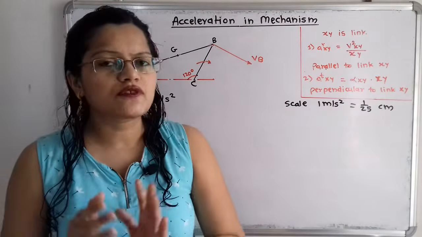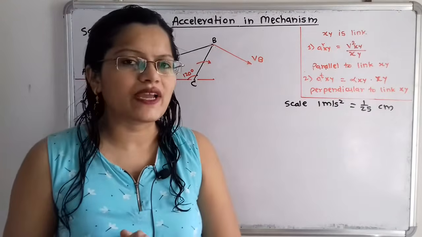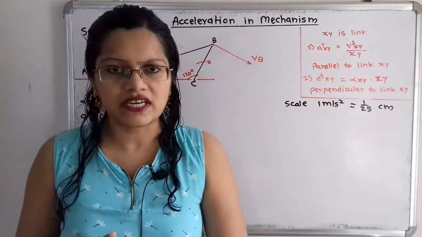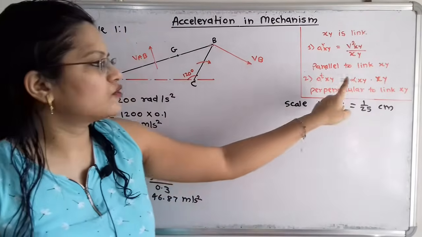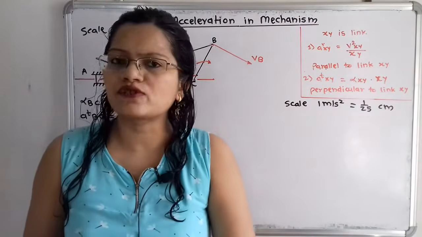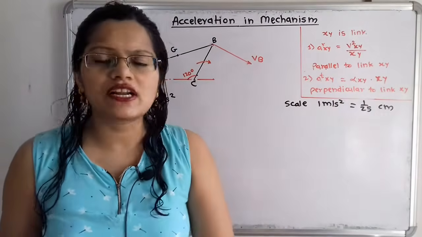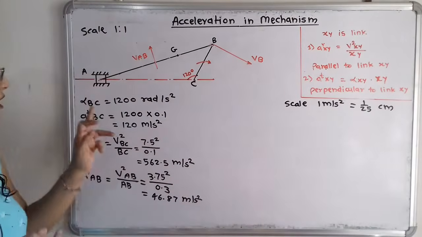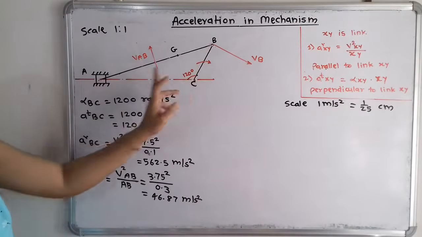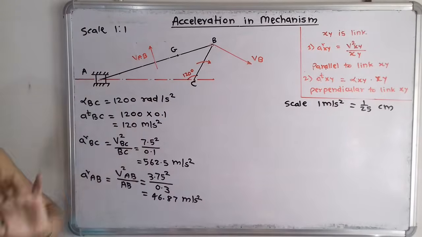Now we have linear velocities that we have calculated from the velocity diagram, and alpha is given for this crank CB. So from this value of alpha we can also find the tangential component of acceleration for the crank. Alpha BC for this crank BC is given as 1200 radians per